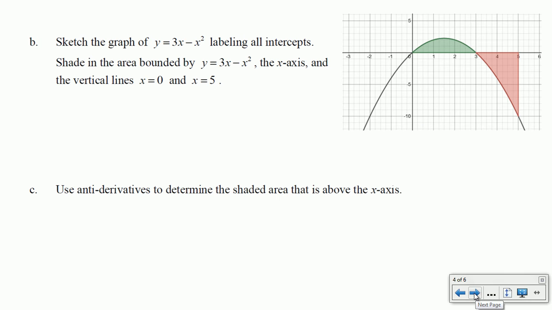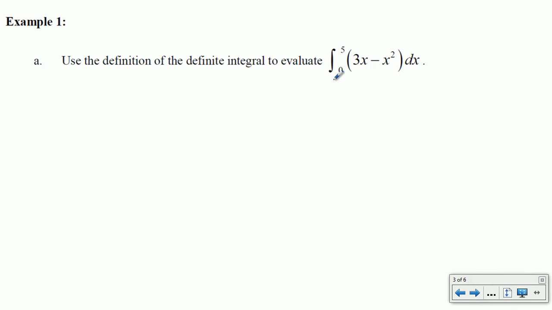So before we go any further, we're just going to take a quick peek at the function, what it looks like, and that's going to inform how we approach this question in part A using definite integrals. So we're going to split this definite integral up into two intervals. We're going to go from 0 to 3, and we're going to go from 3 to 5, because this portion is above the x-axis, and this portion is below the x-axis. So now we put the function in, 3x minus x squared dx,